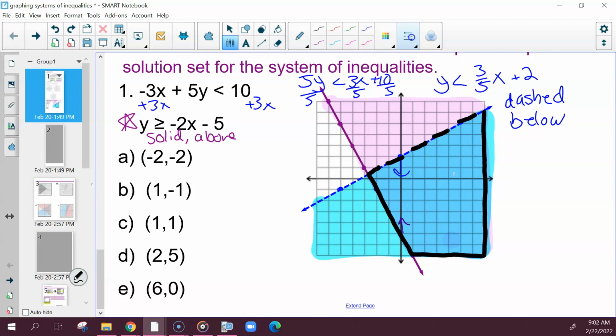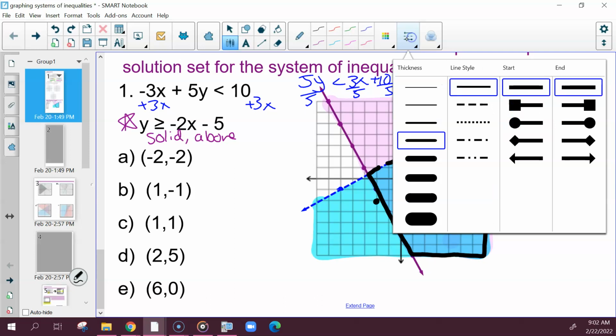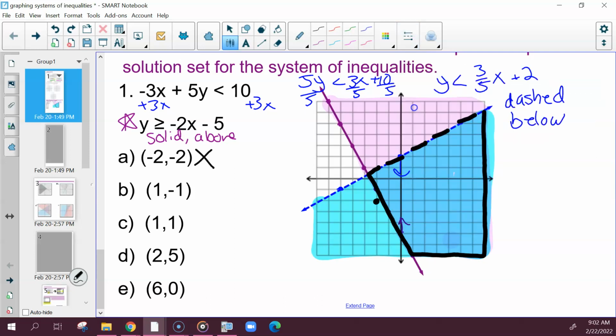So let's test them. -2, -2. Would that be a solution? No. 1, -1? Yes. 1, 1? Yes. 2, 5? No. And 6, 0? Yes. So